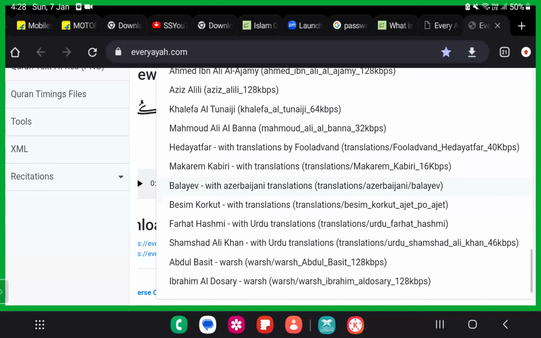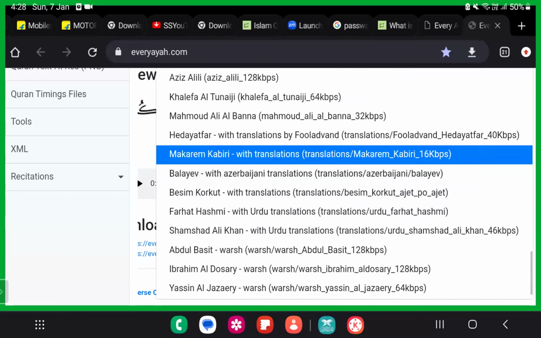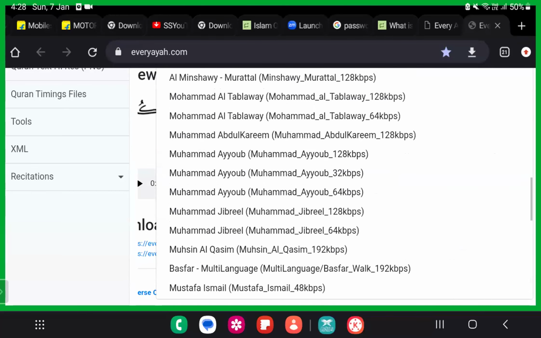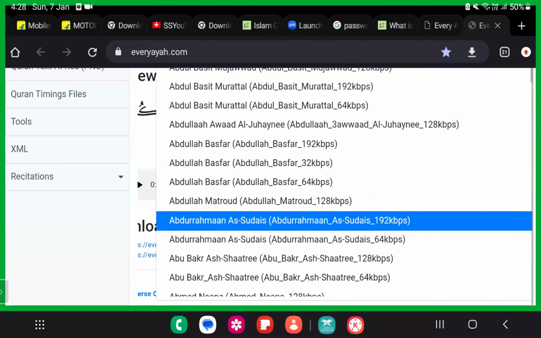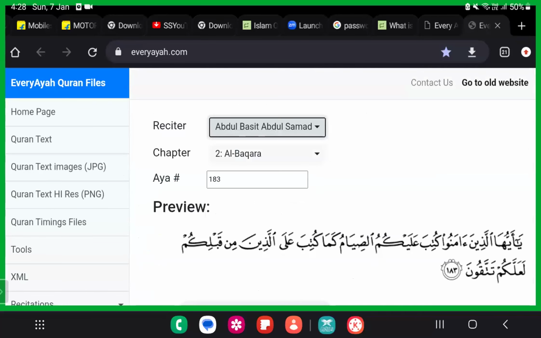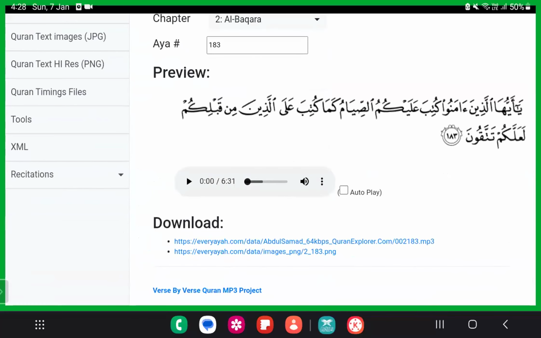There are so many articles. There is a trend of videos where they play the ayah, and after that they put the translation of it in Urdu or English. That is also available here. You can download it for each ayah and just put it out. Just click for the reciter and pick whichever ayah you want. Fine. Just download whichever ayah you want. This is how you extract the ayahs from each of it.